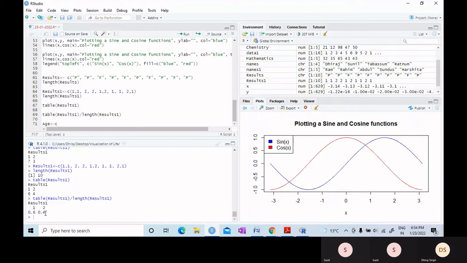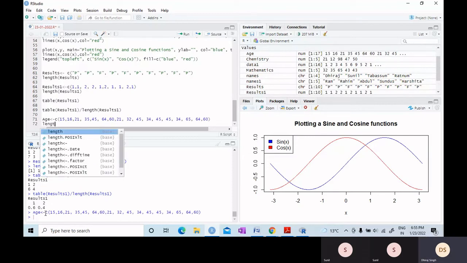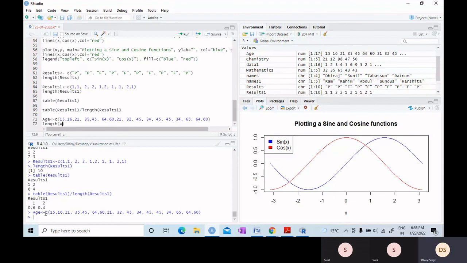Age is a variable. Enter. I'm entering the data. 15, 7, 16, 21, 35, 45, 64, 60, 21, 32, 54, 34, 45, 45, 34, 65, 64, 60. Just see length, age,